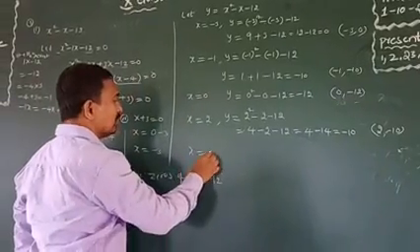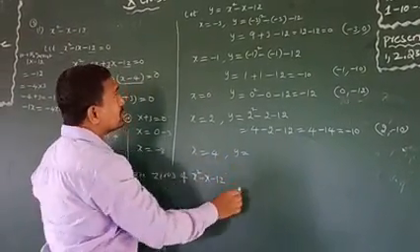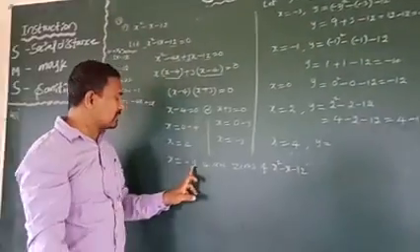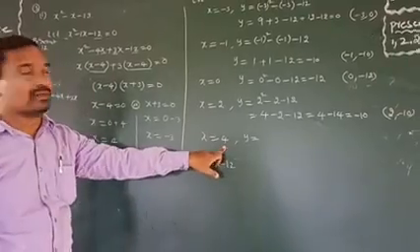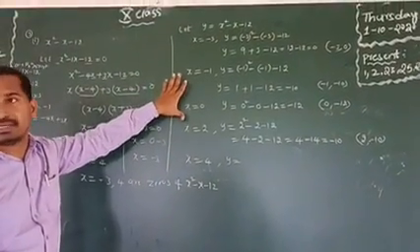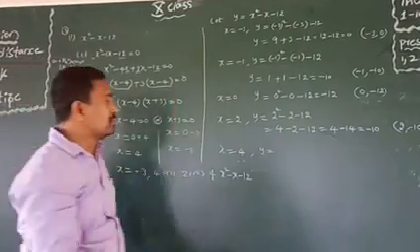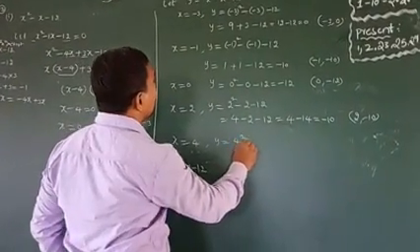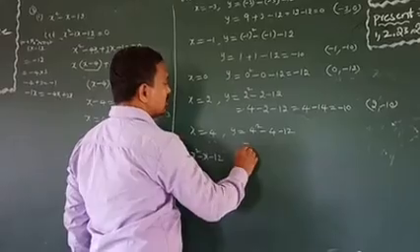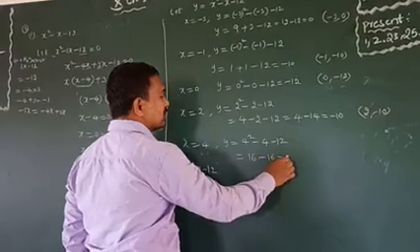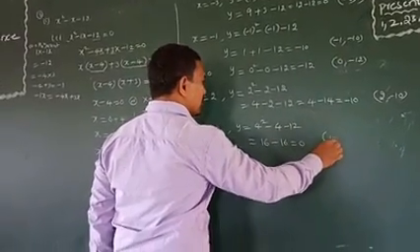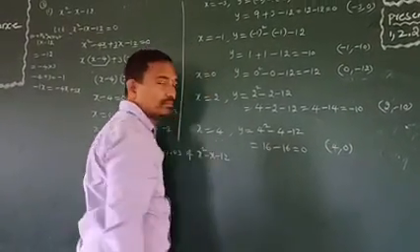Next, take x equal to 4. Substitute x equal to 4. Here the x values are -3 and 4. These two must be taken. Between these two, any two or three values can be taken. So 4 square minus 4 minus 12. That is 4 square, 16, minus 4 minus 12, which is 0. That is 4 comma 0.